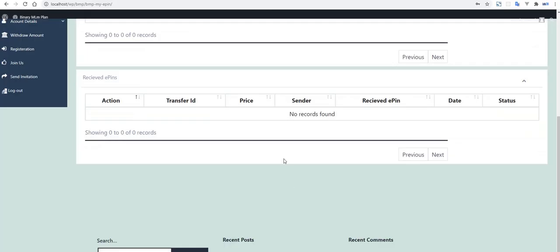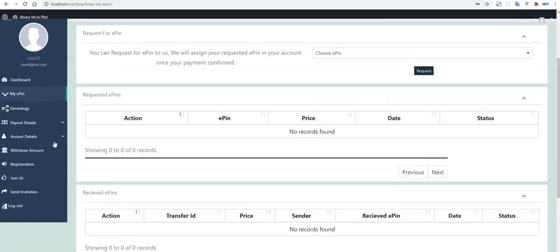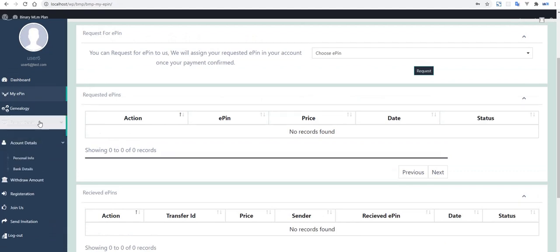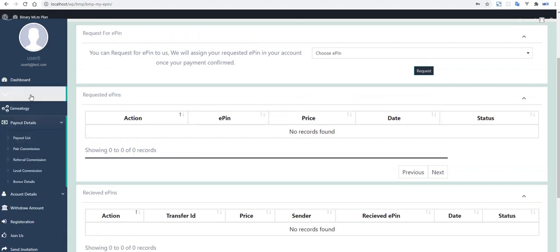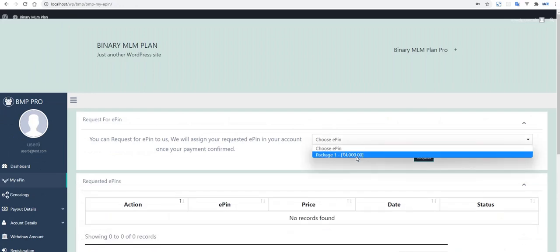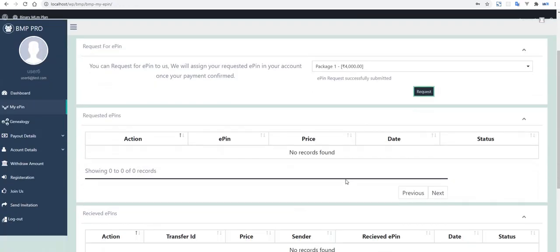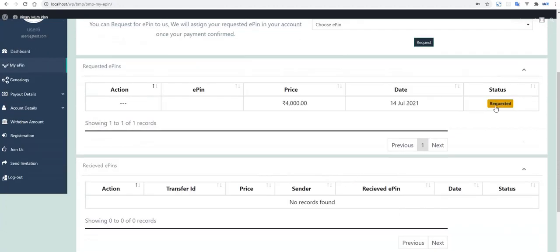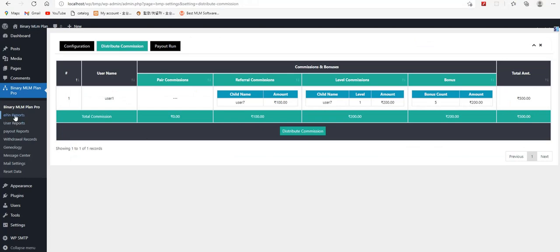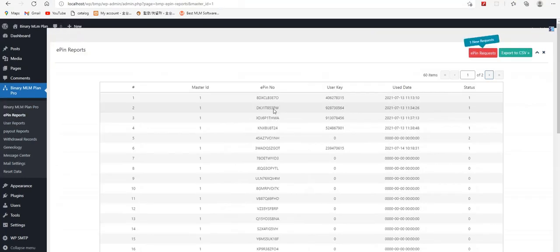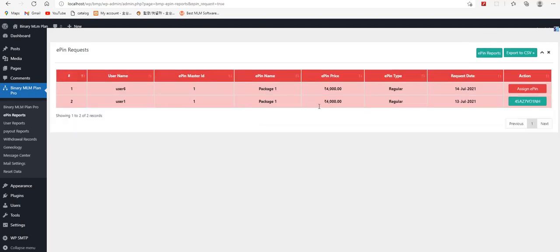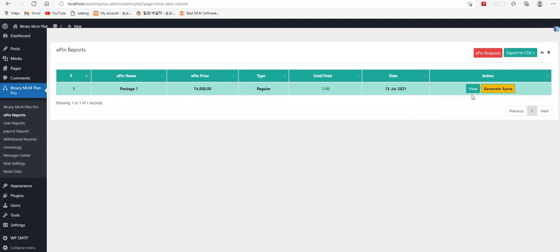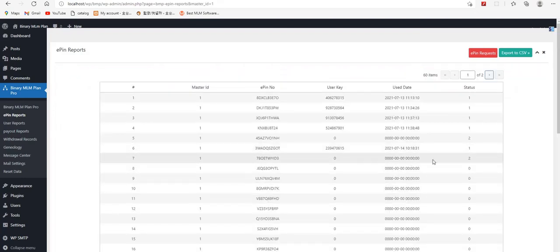This is the user 6 account detail. I am requesting for the EPIN. Here it is requested, and as I check the EPIN report, requested, assigned, go to here, and this has been assigned.